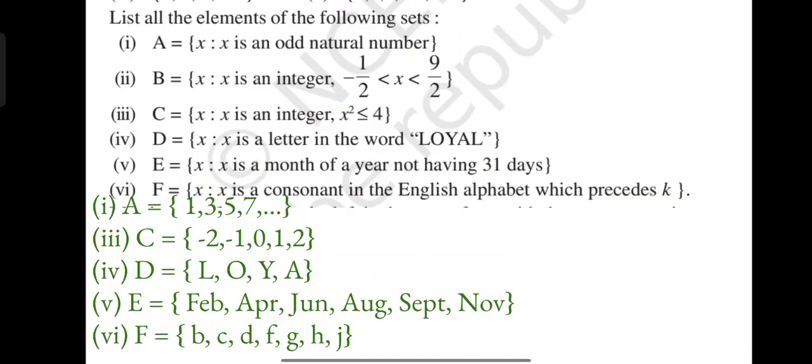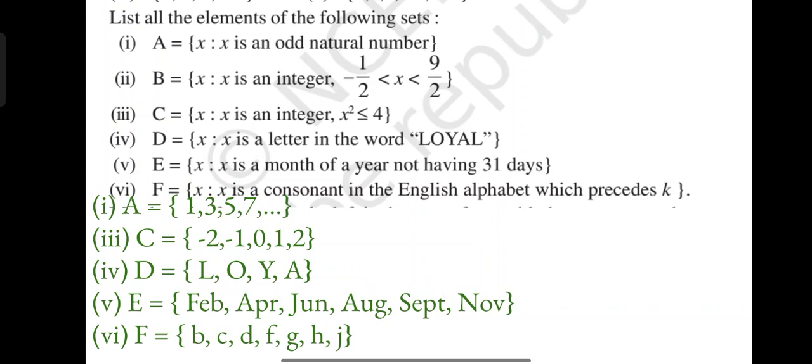So by seeing odd, we can write 1, 3, 5, 7, 9 and so on, and by reading the question further we can understand that there is no other restriction. So we can write every odd number we know. Okay, but it should be a natural number. By seeing an odd number we can write -3, -5, -7 and so on, but since it is specified that it should be a natural number, we can't write any negative number. So starting from 1 we can write any odd number.